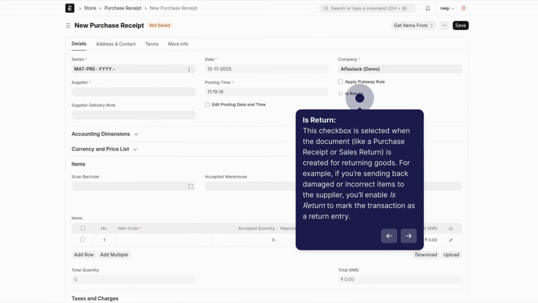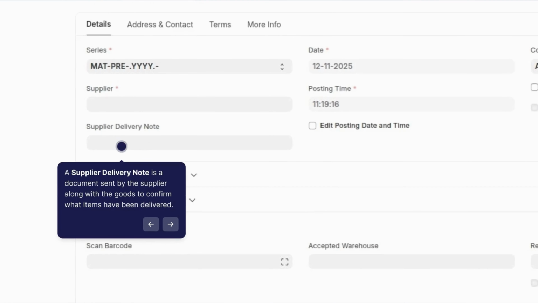Is return. This checkbox is selected when the document, like a purchase receipt or sales return, is created for returning goods. For example, if you're sending back damaged or incorrect items to the supplier, you'll enable Is return to mark the transaction as a return entry. A supplier delivery note is a document sent by the supplier along with the goods to confirm what items have